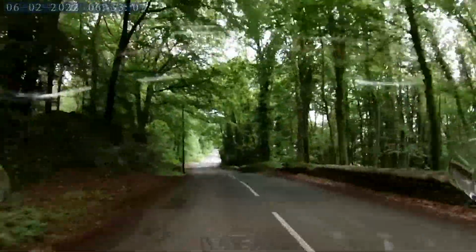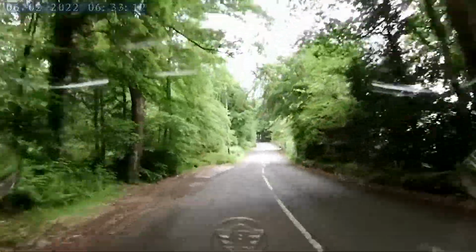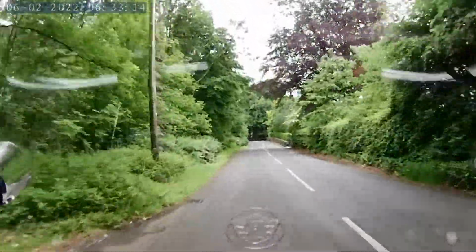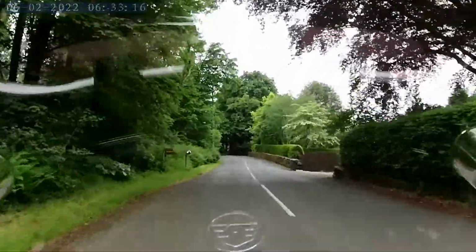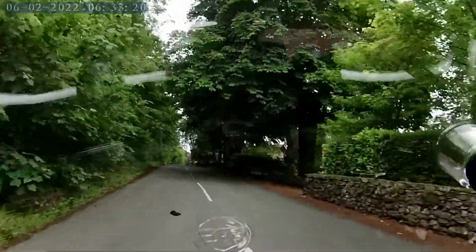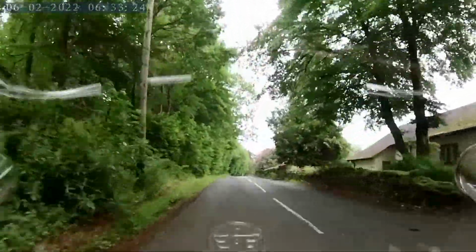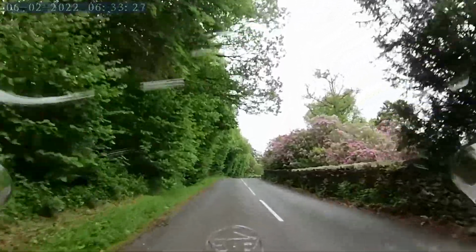Unlike Derwent Water, which is National Trust property, and that means you can walk around the whole of the shore, and the same with Buttermere, but not Windermere. Still, we do stop for a photo opportunity part way down,